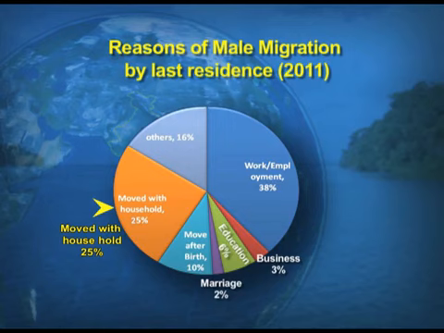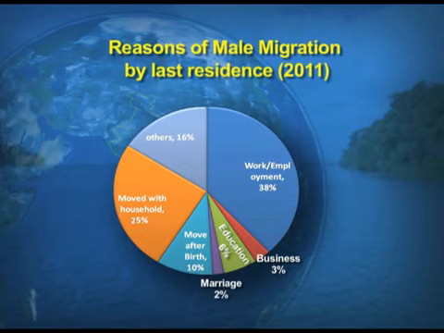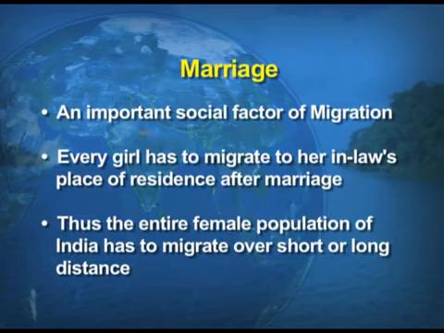25% is when they move with the households. Households means the whole family shifts. It is not a single movement of a male person, but the whole family movement, and that counts for 5% of the migration. And the least percentage of migration among males, children, is for marriage. And the marriage, which is least under male migration, you will find in another visual